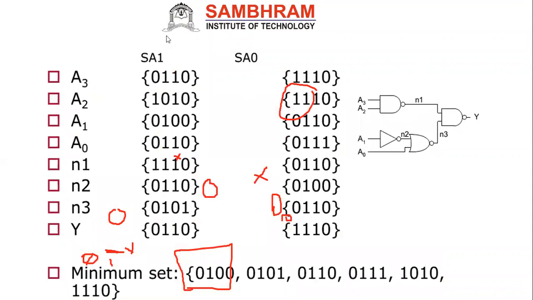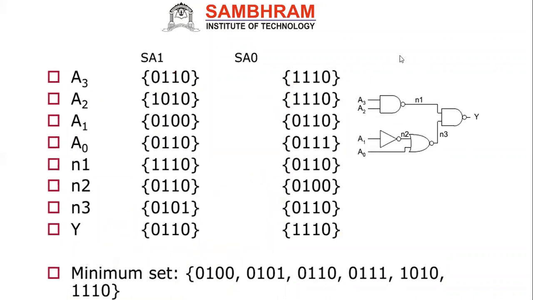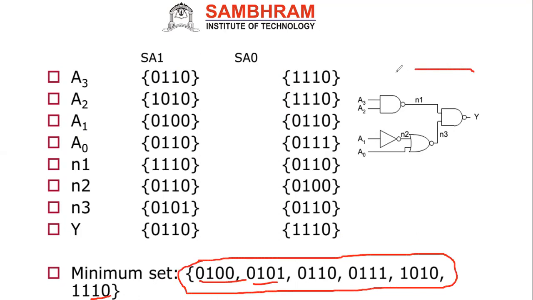This is for the same example. These are the sets here. What will be the minimum set that is required? That is why here no need to go for all the values. Just only one value is required. These are the values. See, these are the values 1, 2, 3, 4, 5, 6. These are the minimum sets required. These values only will be stored in a memory to check our circuit, whether it is working correctly or not. These are the tests.